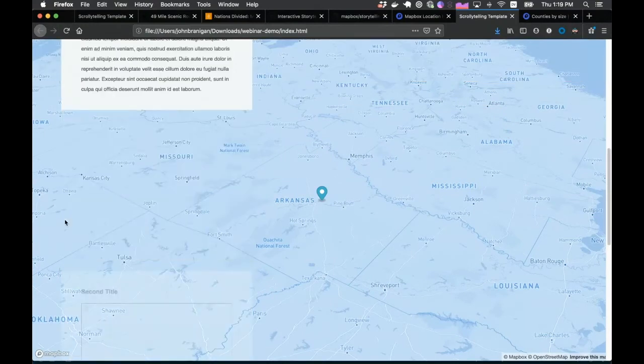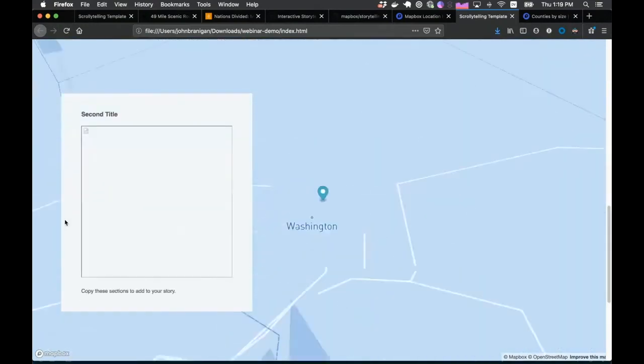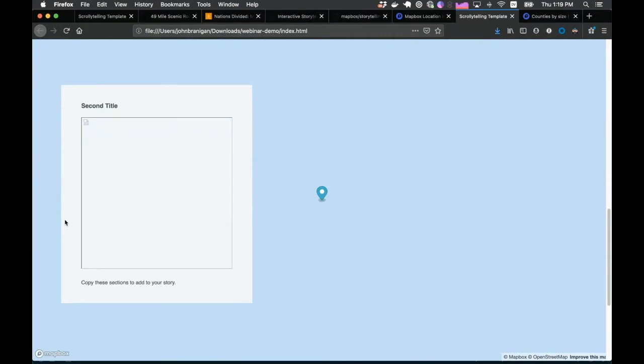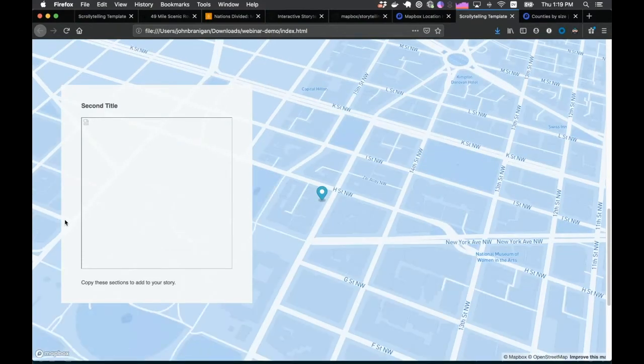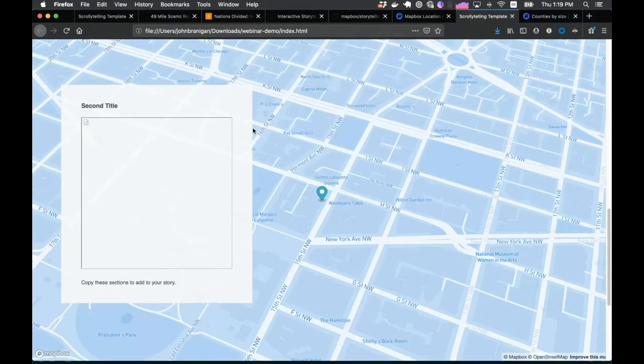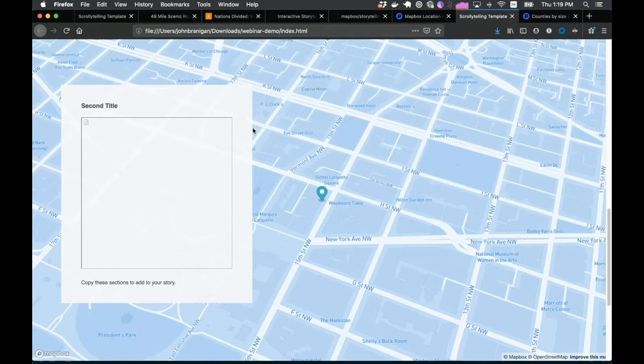So we're in Arkansas, and as you scroll, it will take you to DC. So again, you'd repeat that process as many times as you wish. A couple of notes: you do not have to put a title, a description, or an image, but if you